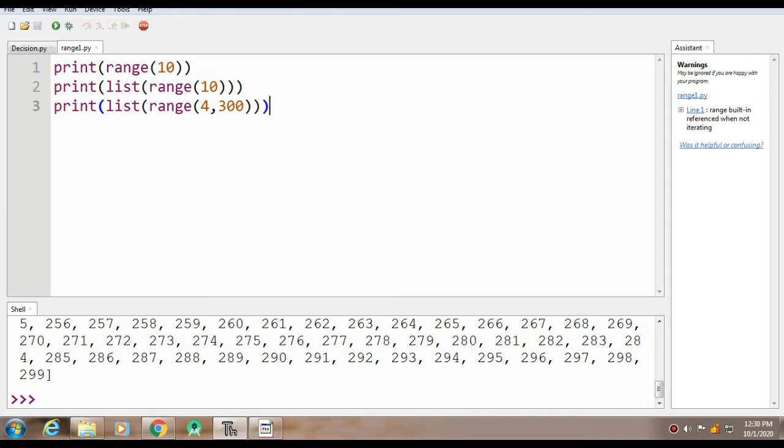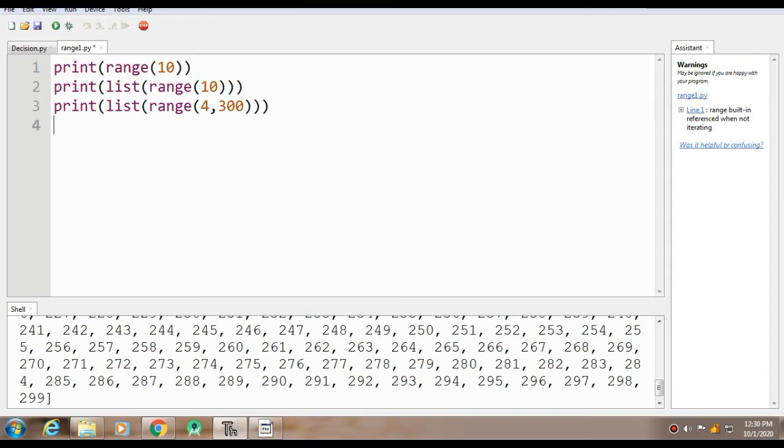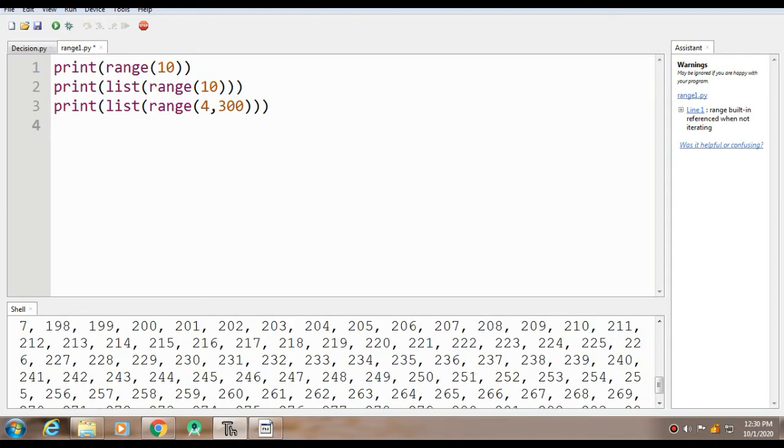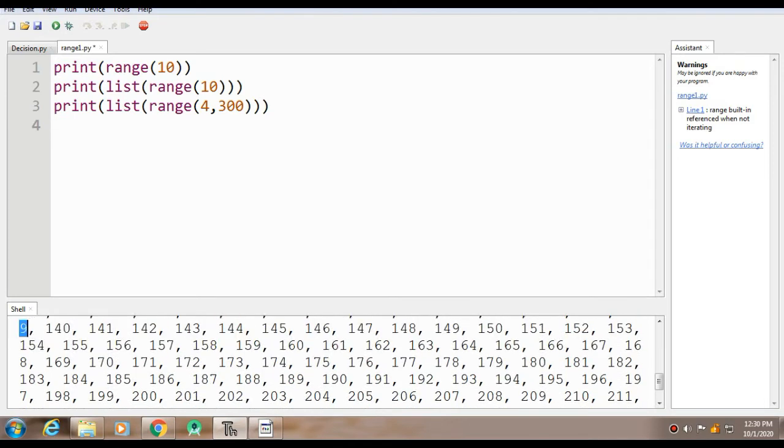Now let's say I want to change the step size. Now what is the meaning of step size? See, here the difference is of 1. Now I want the difference between two numbers to be 5 or 10. So how can I do that? First of all, let me copy this. So you can see 4.